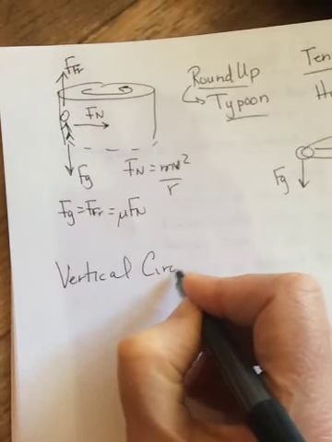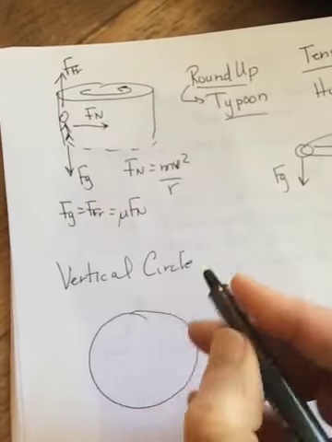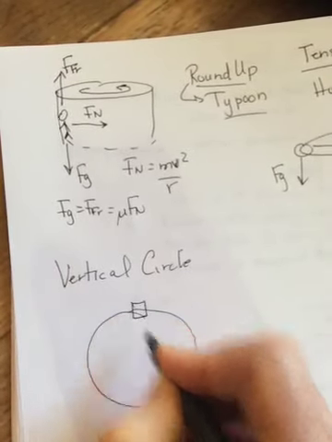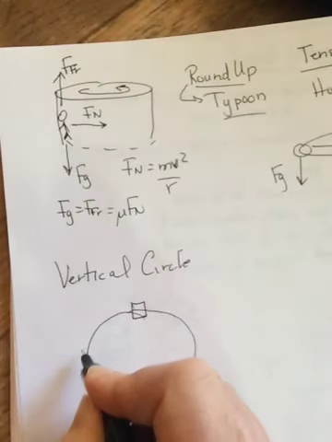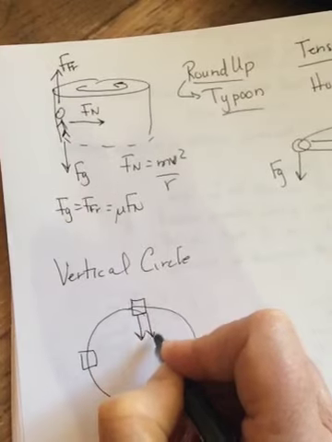In a vertical circle, it depends. It's like the Ferris wheel. It depends on where you are. So if I'm swinging something here at the top, both Ft and Fg